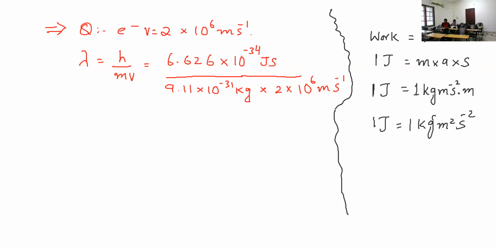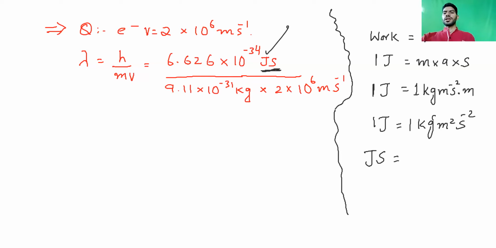Yes, sir. Okay, now tell me what I can write in place of this joule. So in place of this joule, you can write kg meter square per second square, isn't it? Yes, sir. Okay, now, can you tell me what I can write in place of this joule second? If I write joule second, it means kg meter square